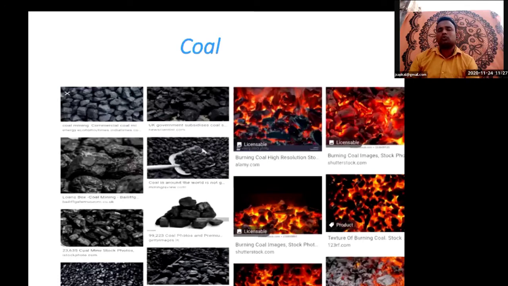Thermal means temperature. To produce energy, we use coal, as well as to run a boiler and the railway engine. Nowadays there are railway engines which work on electricity, but 30 to 40 years ago, the railway engine used to work on coal. Now, coal is used as a fuel for cooking and for baking bricks in the kiln on a large scale.